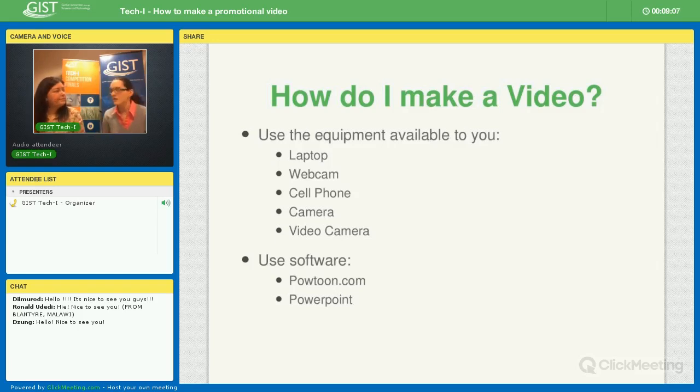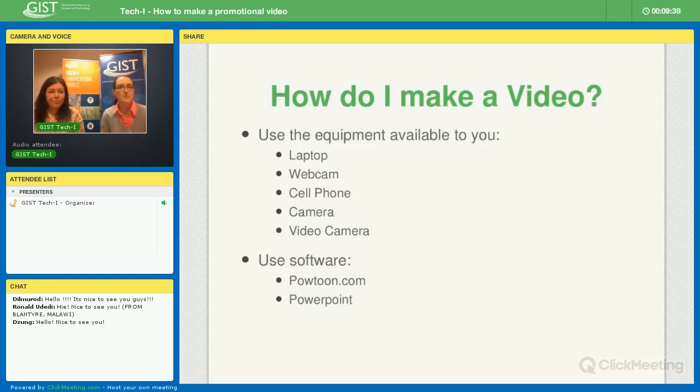This is a great idea, and we saw a lot of this last year, and a lot of really great applications came through with people just sitting, talking to their cell phone. You can also use a handheld camera. A lot of digital cameras, you'll be able to take pictures, mesh them together on a computer, and make a really short video, and we are only talking about 90 seconds. Even the basic cameras will take videos up to about 2 minutes, so actually you should be good. You can also use a video camera. We're not saying you shouldn't, we're just saying you don't actually have to have this.